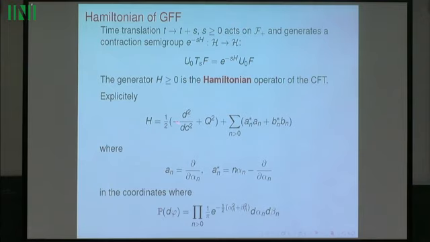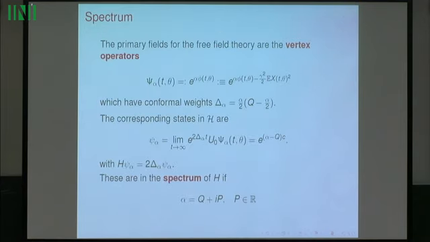That's a Schrödinger operator of a free particle. And then there is a sort of Laplacian in the free field on the circle, which can be described explicitly in terms of these creation and annihilation operators, which are just differential operators in the modes of the 1 over F noise. So that's the Hamiltonian of the Gaussian free field.